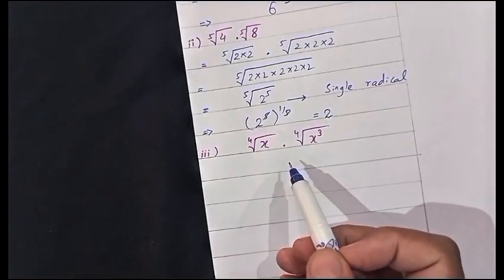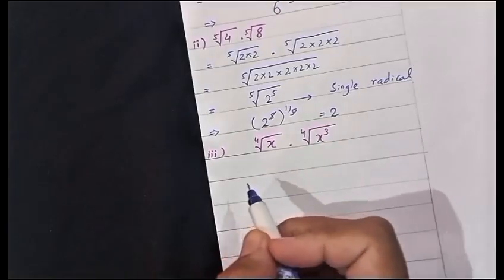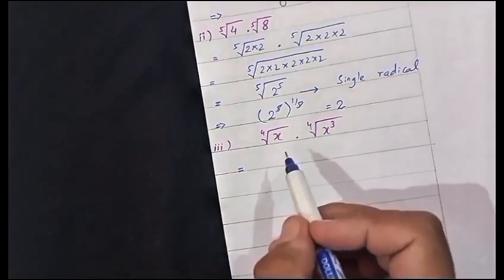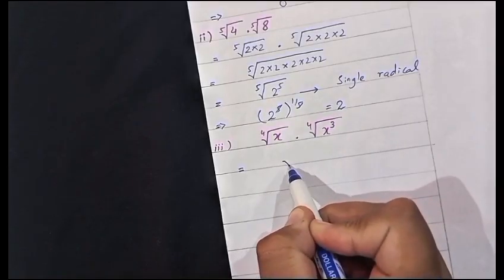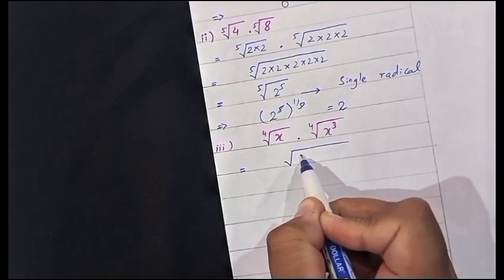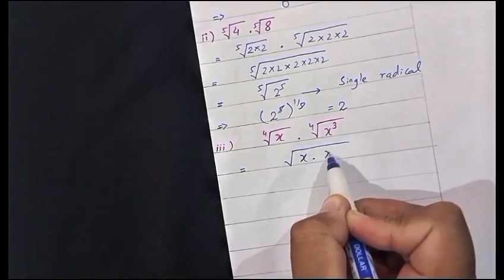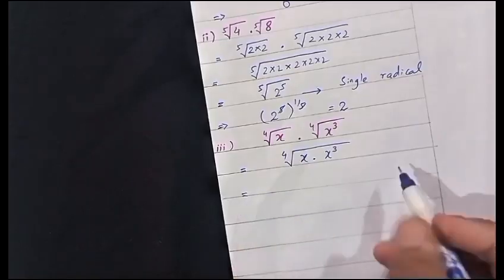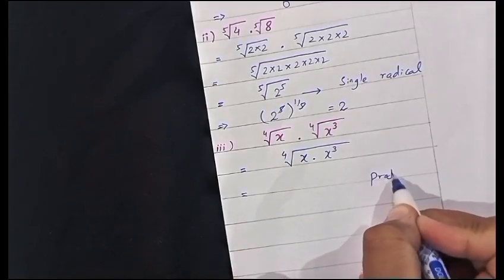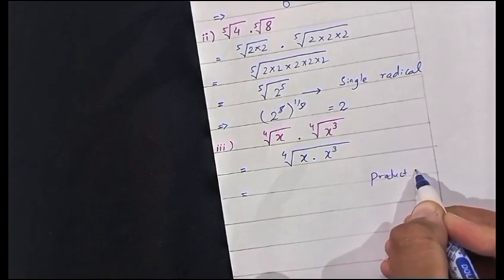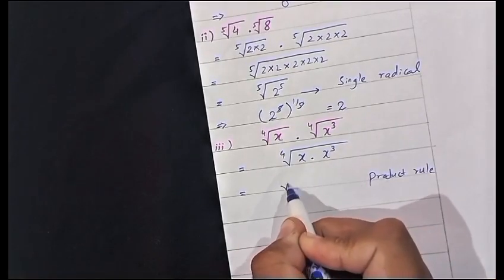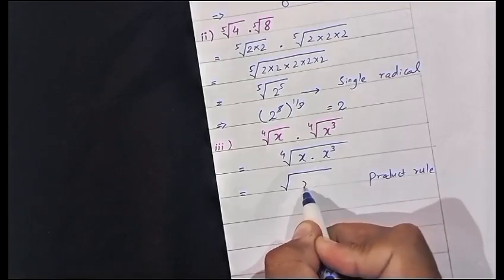Question number 3 is the fourth root of x multiplied with the fourth root of x cube. As the base is the same, we will apply the product rule law by combining both the radicands under a single radical sign with the index 4, that is, x multiplied with x cube and index 4. So by the product rule law, if bases are the same, we can add their powers, like